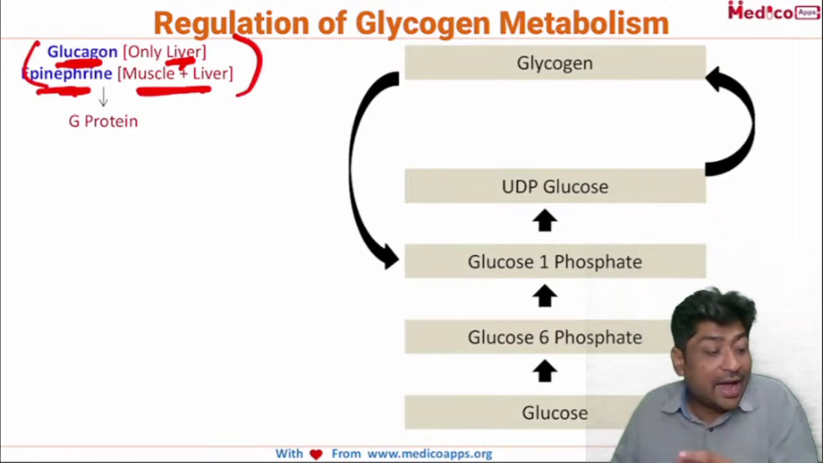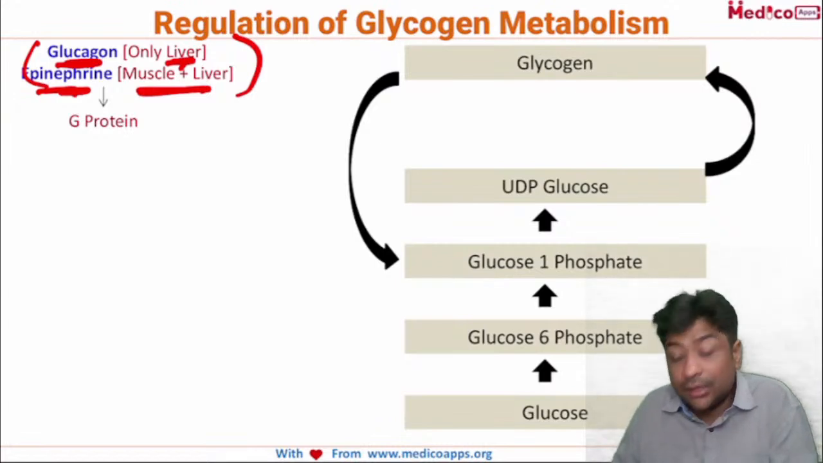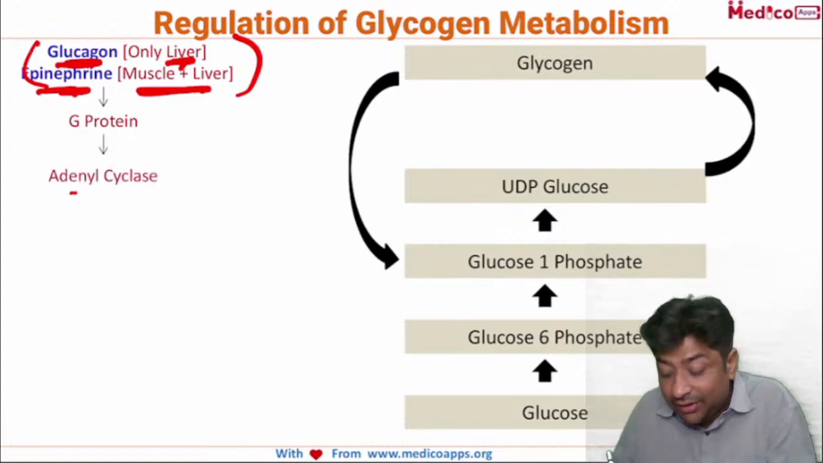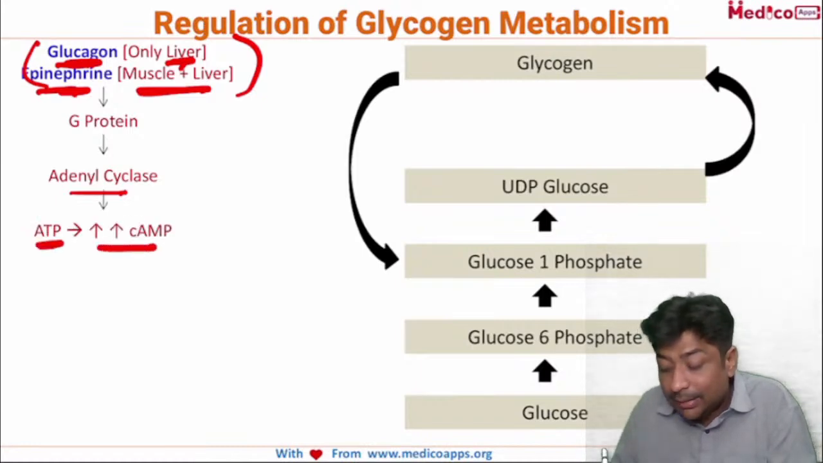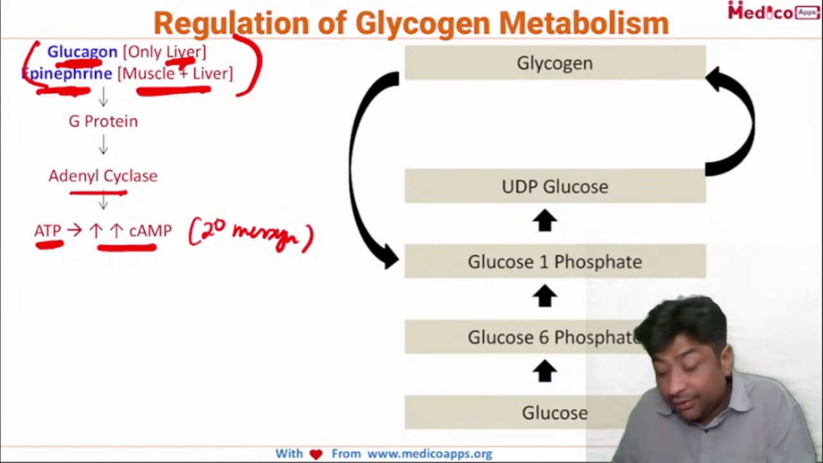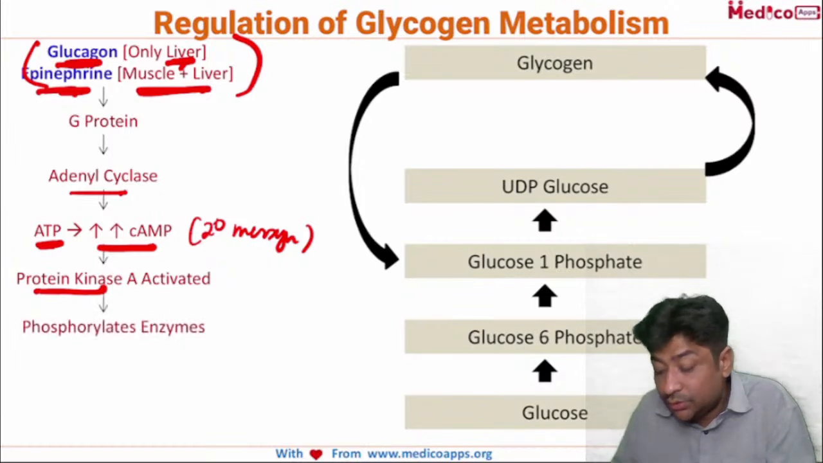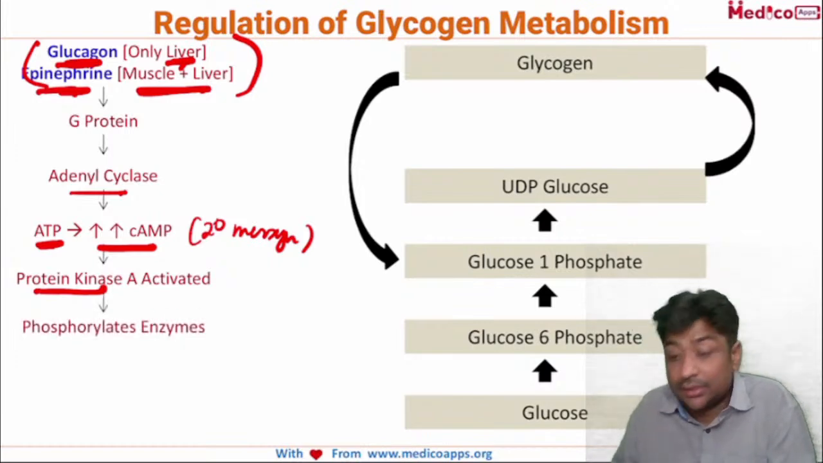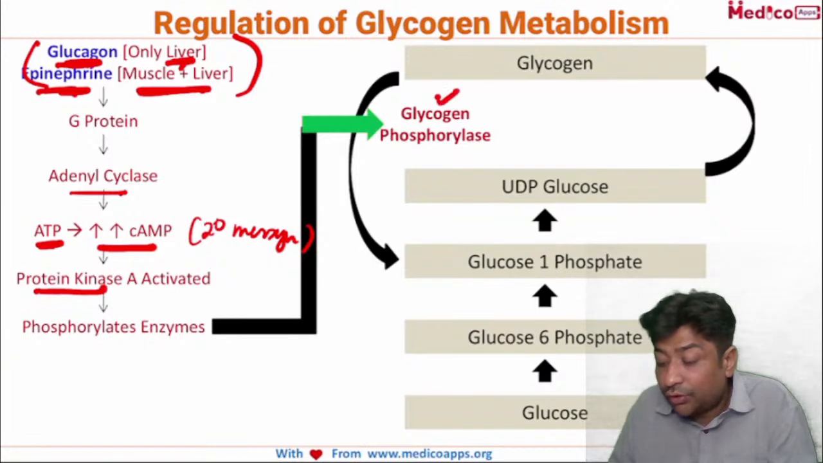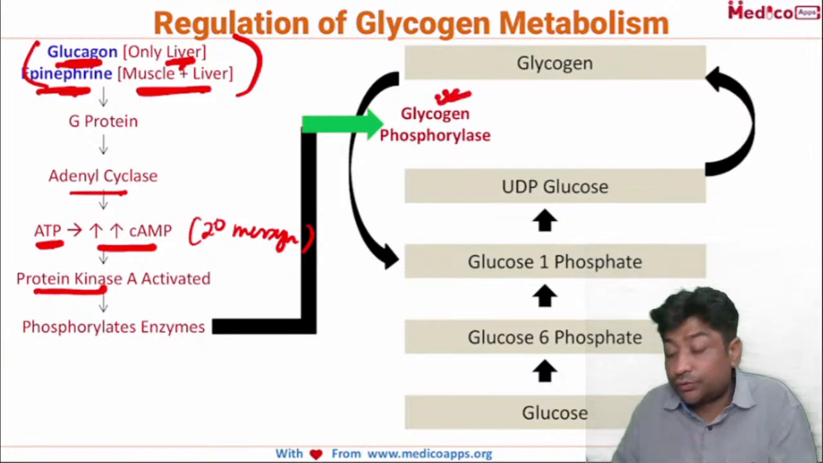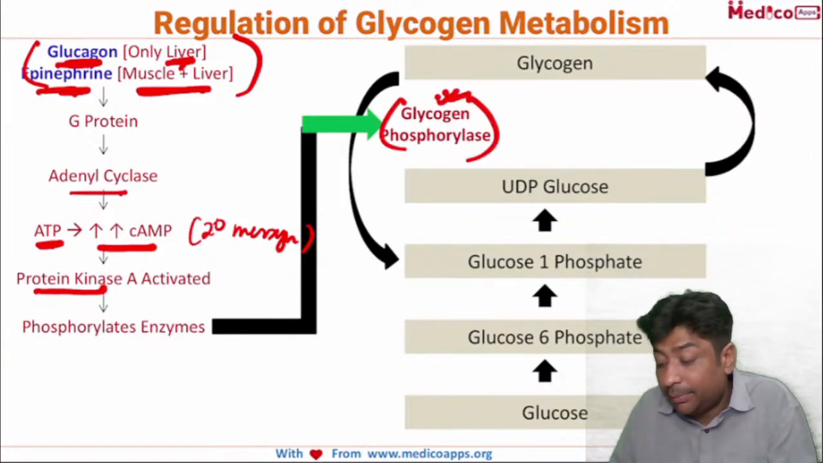Otherwise, both have the same exact mechanism of action. Okay, so let's look at how they act. Basically, glucagon and epinephrine will act on G protein, and they will activate adenyl cyclase. What will this adenyl cyclase do? It will convert ATP into cyclic AMP, which acts as a secondary messenger. The cyclic AMP will activate protein kinase A, and what will protein kinase do? It will phosphorylate enzymes, and the moment glycogen phosphorylase is phosphorylated, it becomes active,